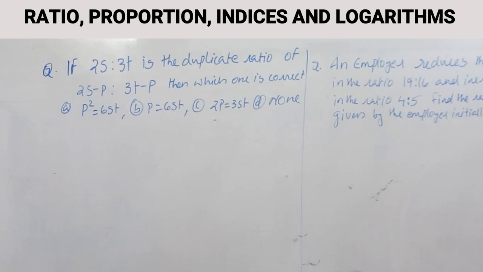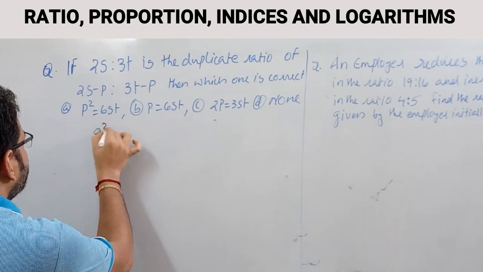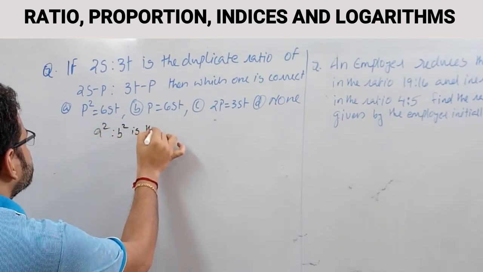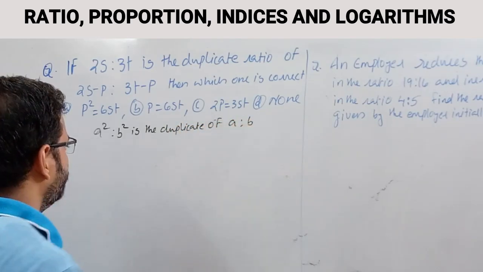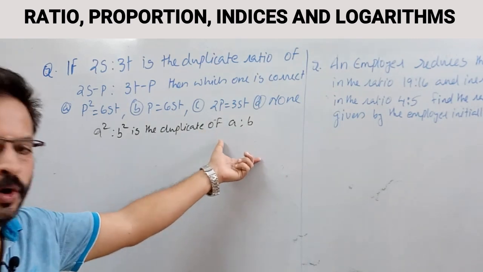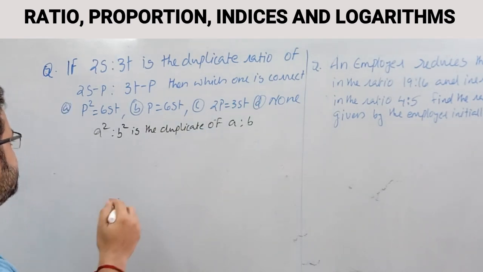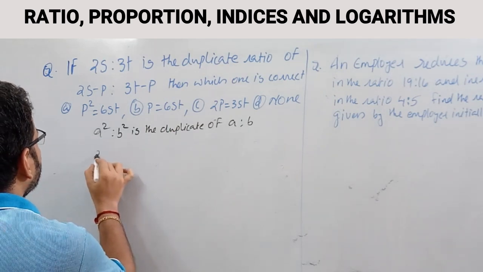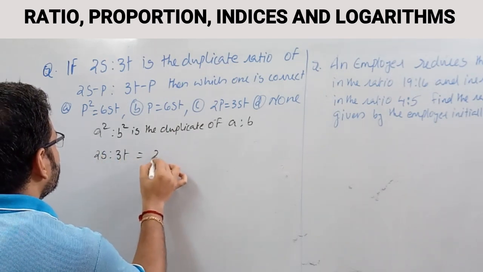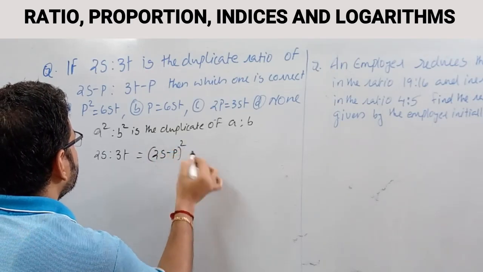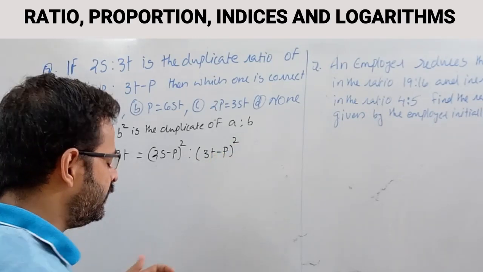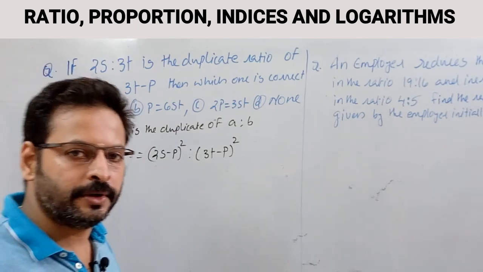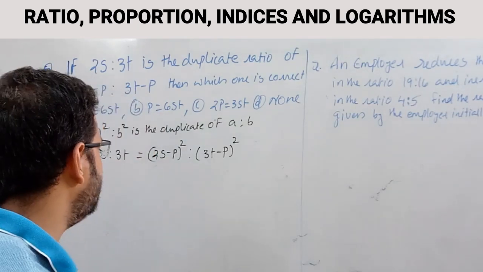Look at the question. 2s is to 3t is the duplicate ratio. That means, in the sense, we can write a square is to b square is the duplicate of a is to b. For equating two ratios, the second ratio should be squared. In that sense, we can write 2s is to 3t is equal to 2s minus p the whole square is to 3t minus p the whole square. We know that a minus b the whole square is equal to a square minus 2ab plus b square. Using that formula, we can write